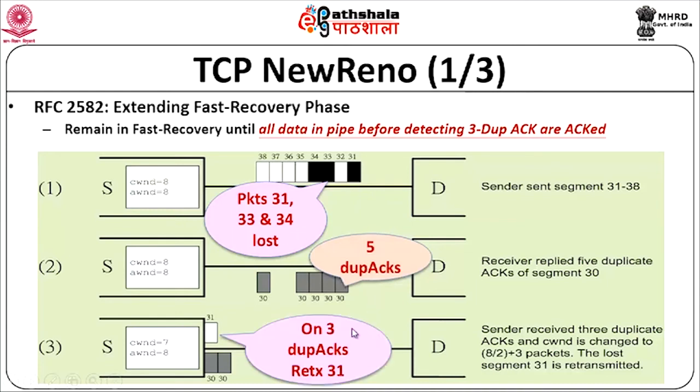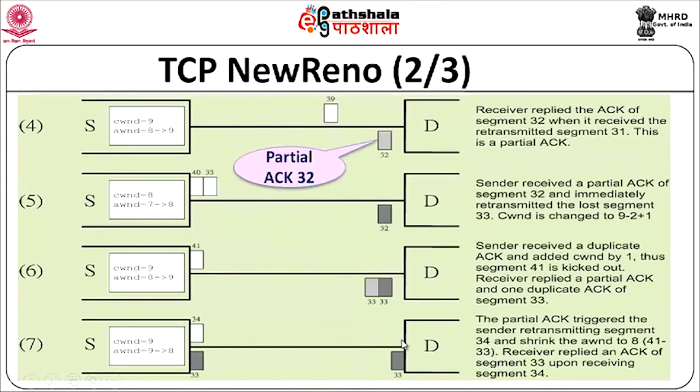Now, let us look at what happens next. When you retransmit 31, you will get back an ACK for 32. So this is a partial ACK. What do I do now? I will retransmit 33. I don't get out of fast recovery. My congestion window size remains the same. Retransmit 33, and you can also transmit 40 because you got one ACK. Your window size is large enough, so you are able to transmit the next packet. 40 also has been transmitted.